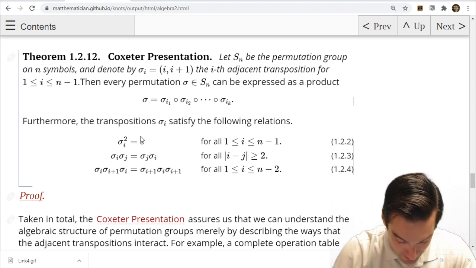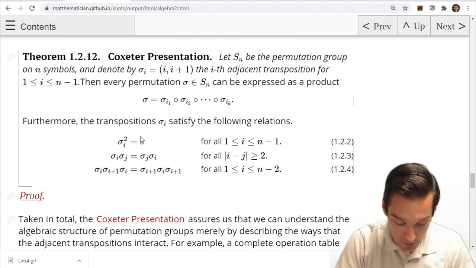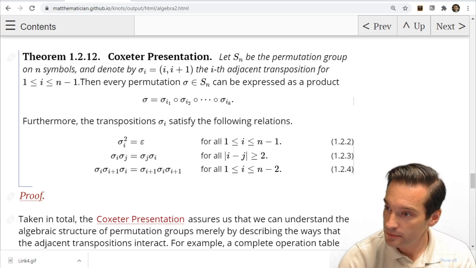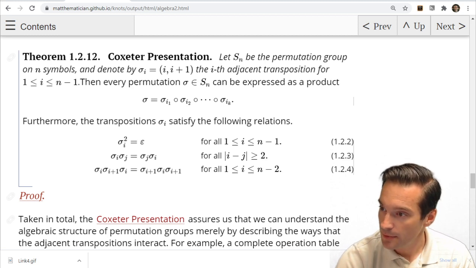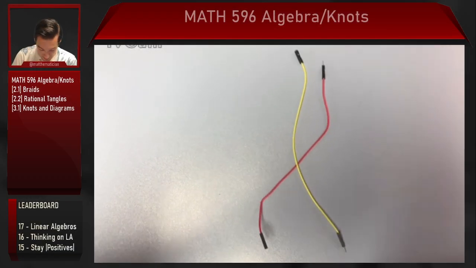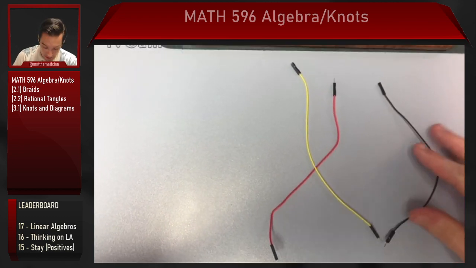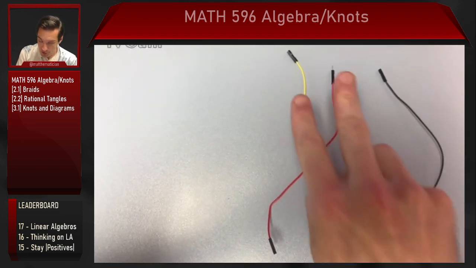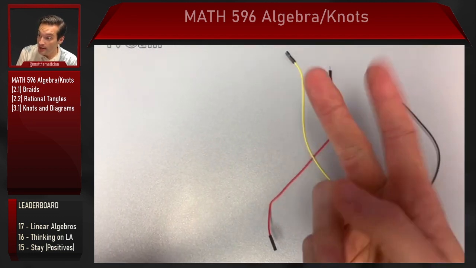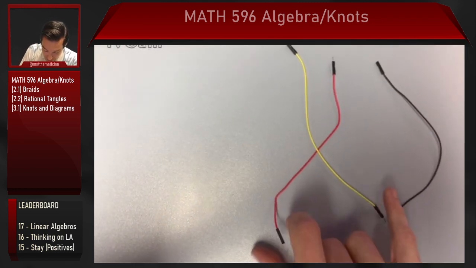In fact, let's go back to a physical model on the table once again. Let's suppose that I have a third strand over here that's not doing anything. So this would be a picture of the braid that we would call S1. So I have done a transposition, a positive braiding of the first with the second position, and that gives me this crossing. If I do that again,